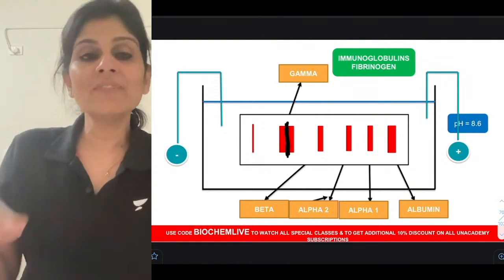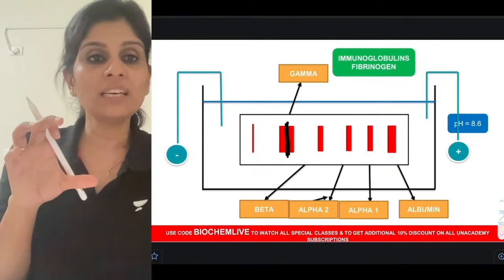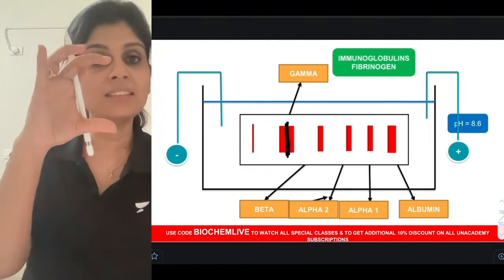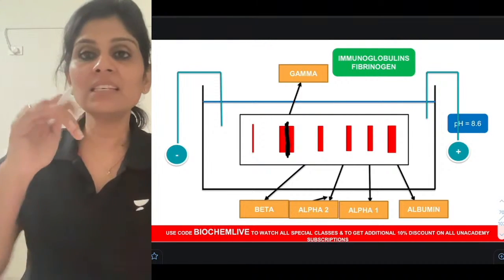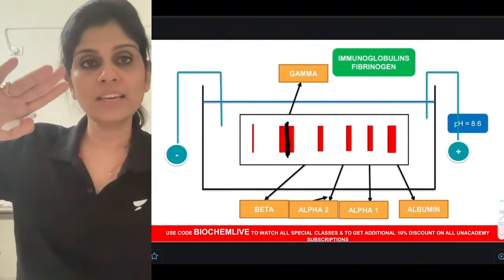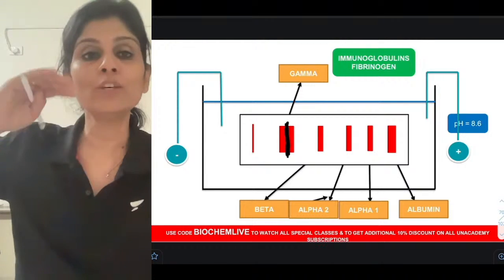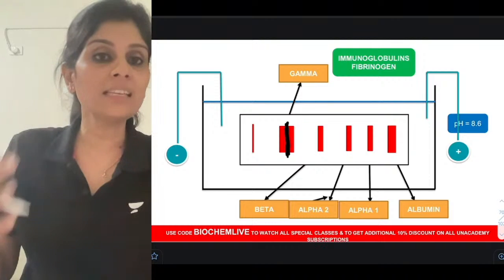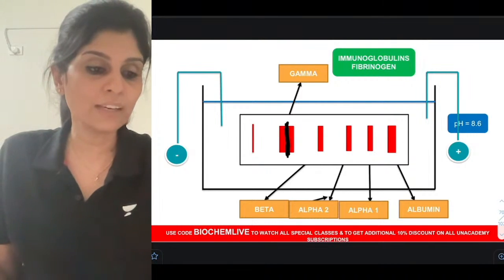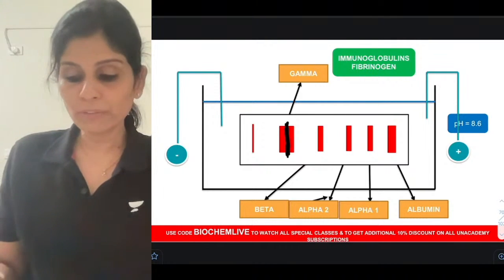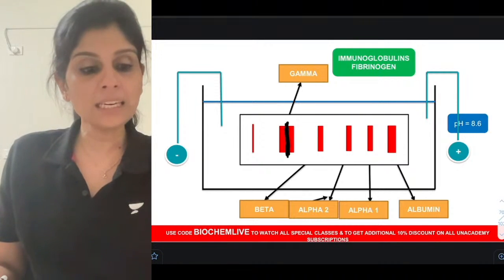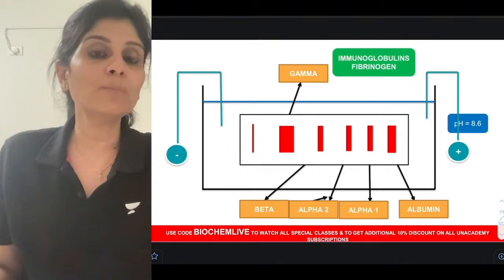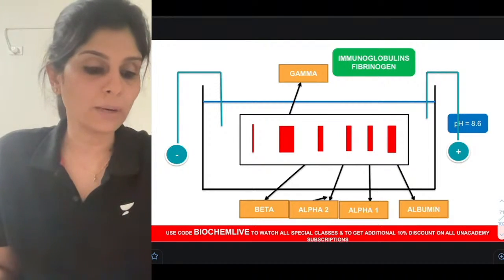So in the laboratory, whenever we receive a blood sample for protein electrophoresis, before we run it, we take the tube, we tilt and see. Only when we see a rock hard clot do we use it for electrophoresis, which means clotting has already happened and it's a serum sample. So what is the preferred sample for electrophoresis? It is serum protein electrophoresis, because plasma will have fibrinogen which will obscure the M band of multiple myeloma.